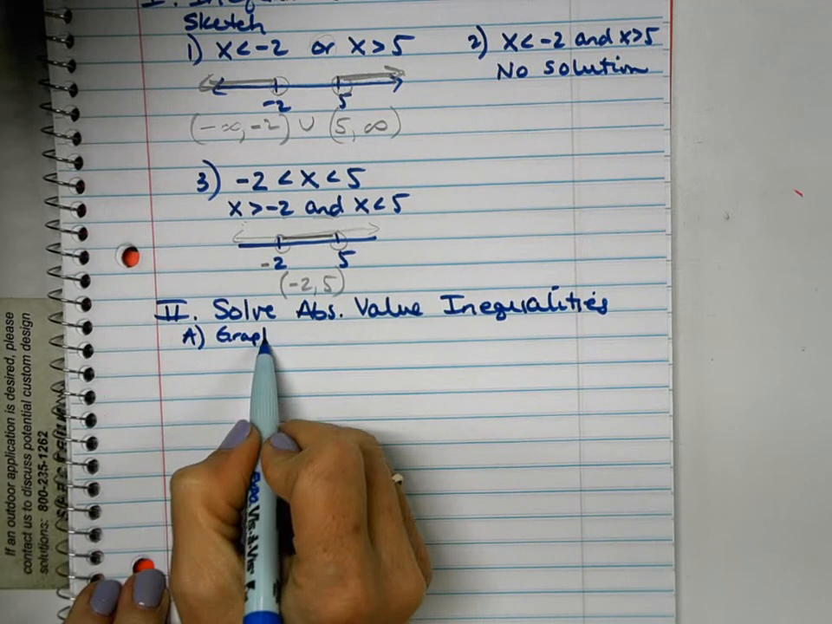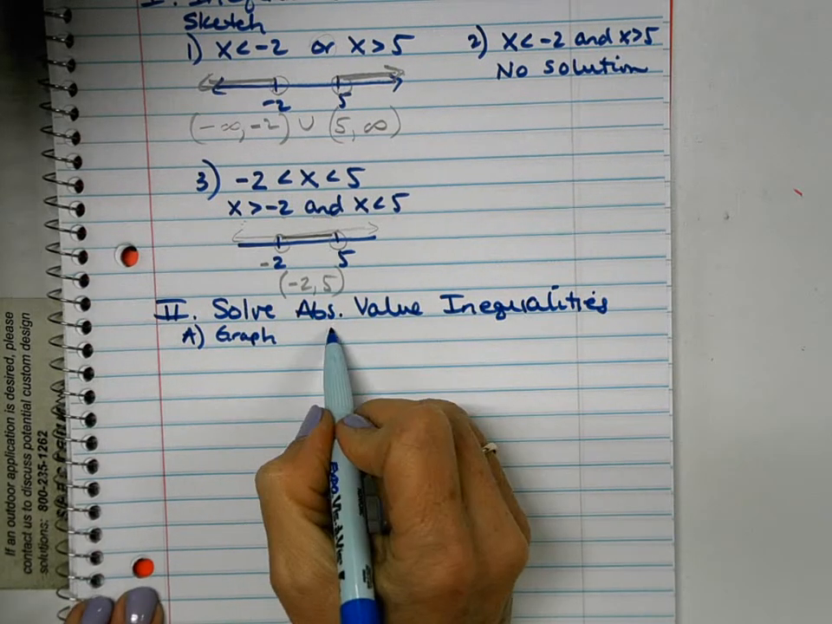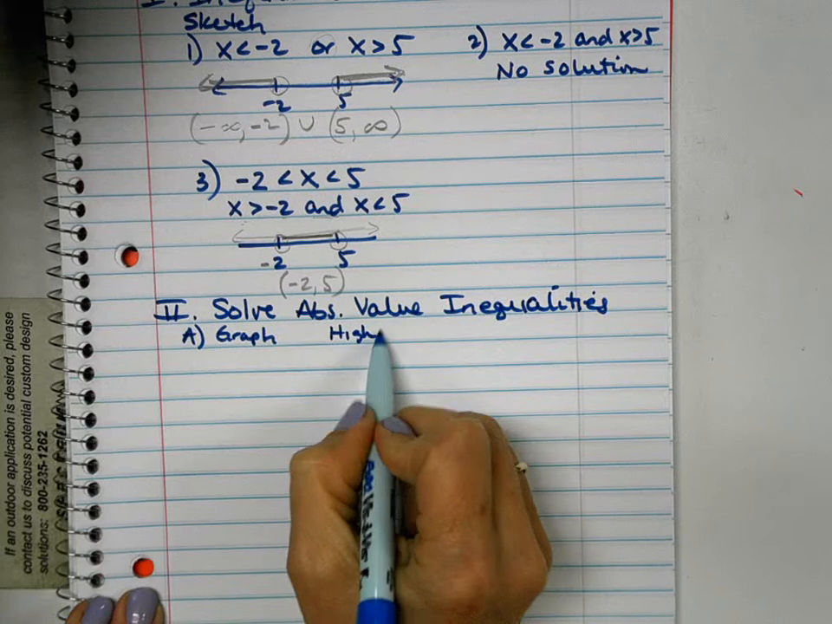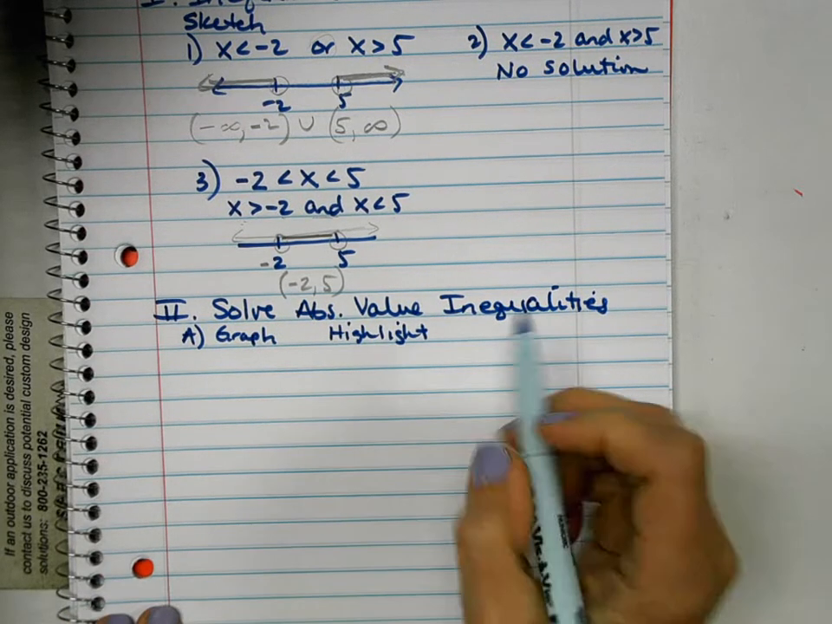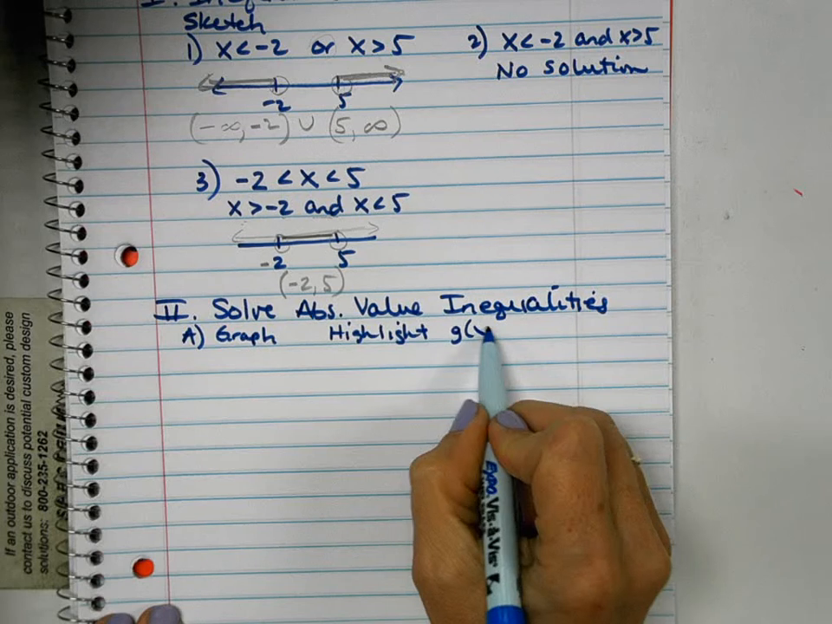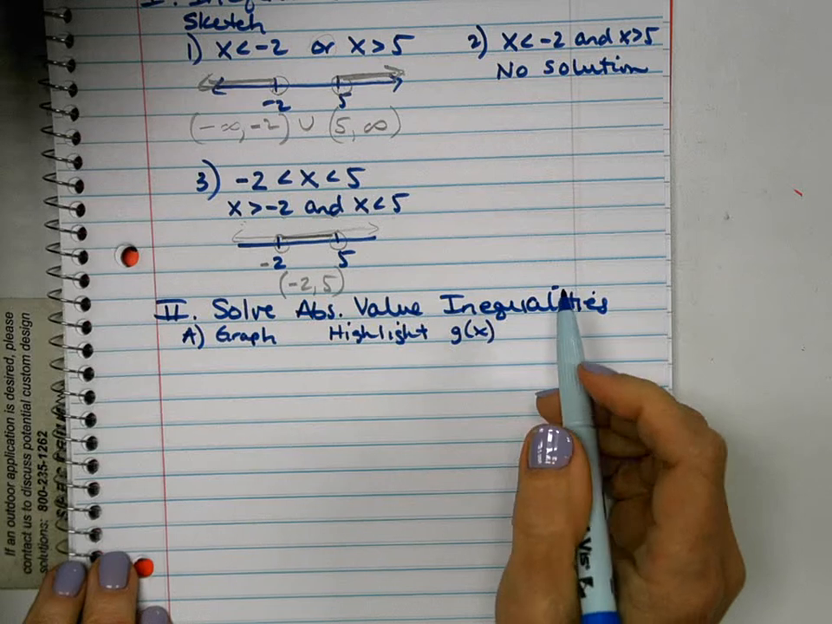Then they're going to add one little extra thing because it's going to be an inequality. It's going to say this: highlight. It's going to tell you one of them. In this case, I'm going to say highlight G. And it's going to alternate back and forth. Sometimes you're going to highlight F, sometimes you're going to highlight G. So highlight G where,